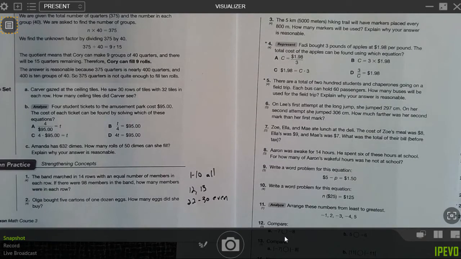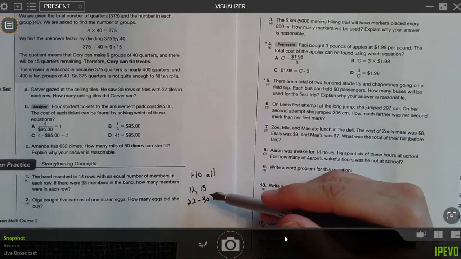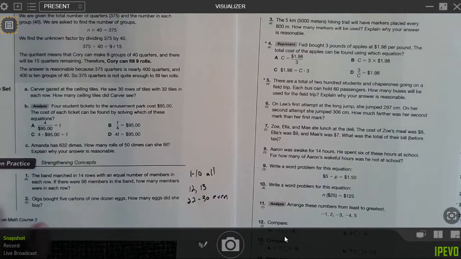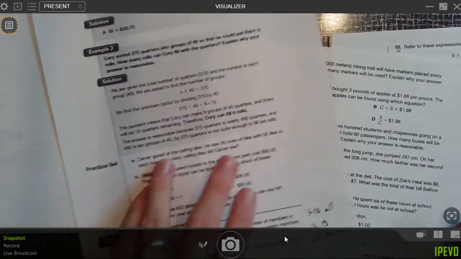So here we are at written practice. Now, I'm having you do 1 through 10 all, 12 and 13, and then 22 through 30 even. Okay. So starting off, we can do